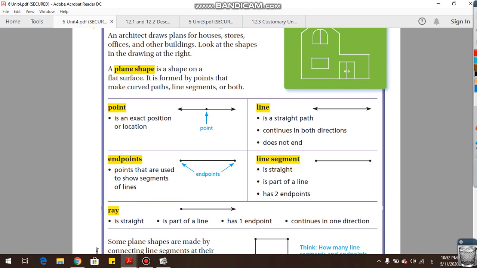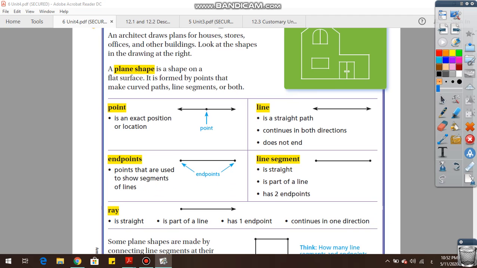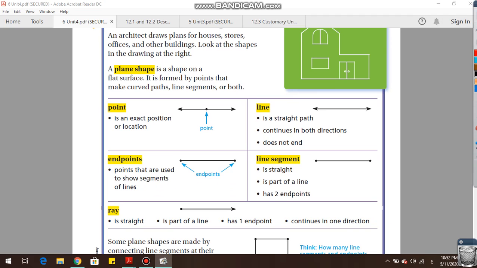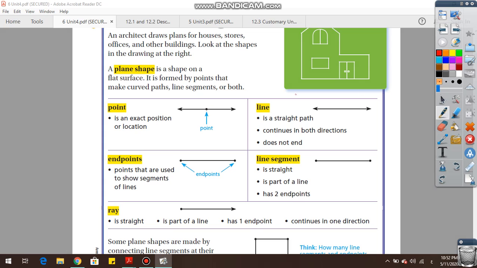Now, a plane shape is a shape on a flat surface. It's like a drawing, guys. It is formed by points that make a curved path, line segment, or both. What is the meaning of this? Okay, if I have a point, as you can see, it's a point. Now, how about